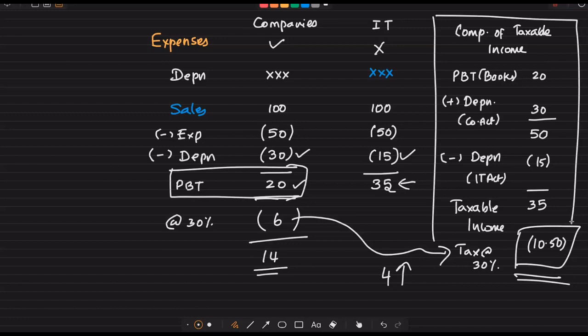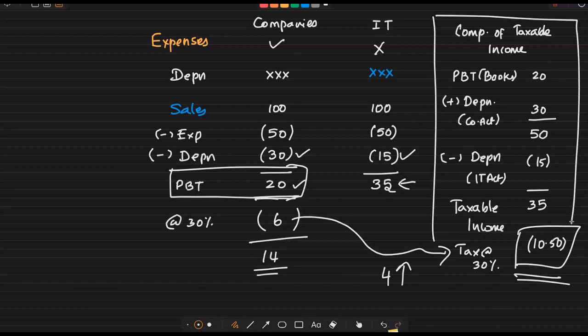But in reality, there can be many items which are not even allowed as an expense under income tax computation. It means you just have to add them back and you cannot deduct it. It means you don't have relief over there. There are many items, many items following the provisions of Income Tax Act. They are disallowed in nature. So you will add back and automatically your taxable income will increase.